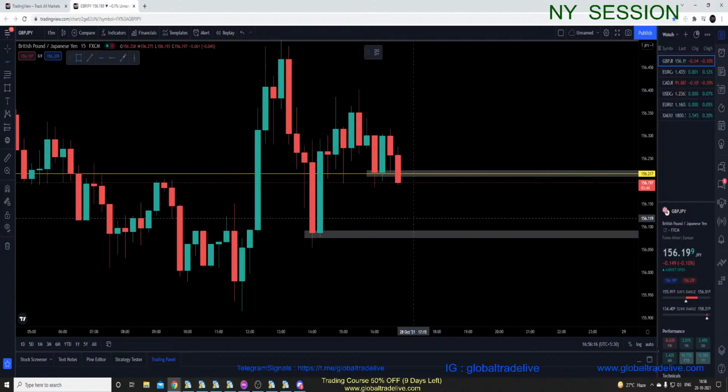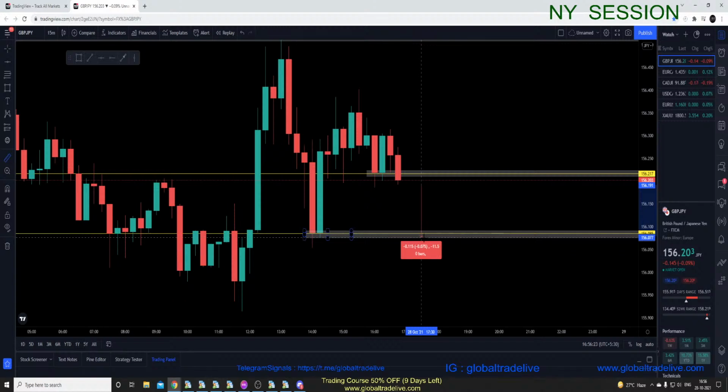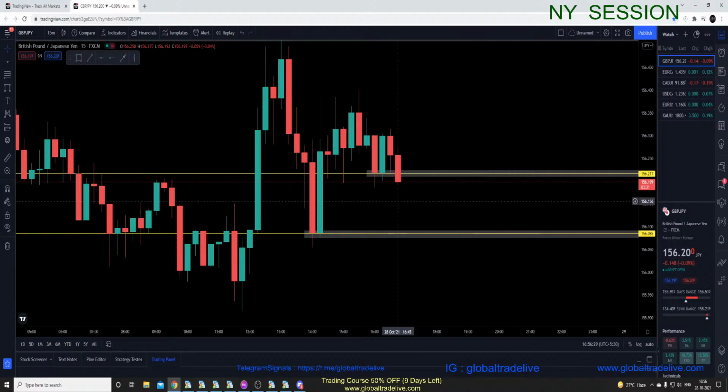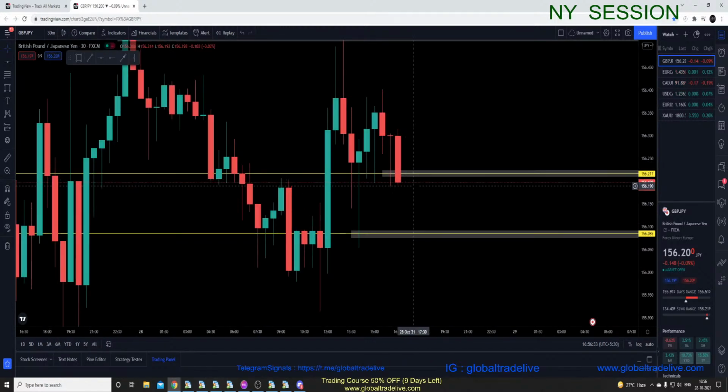Let me just check the range first because I don't know what the range is over here. So let's calculate the range. So the range is only 10 pips. Oh, the range is not good, so I'm not gonna take a trade in this range. Yeah, I was expecting a good range over here, but